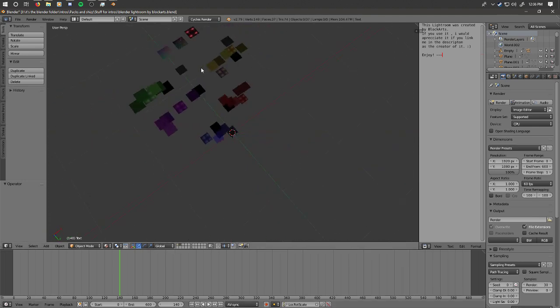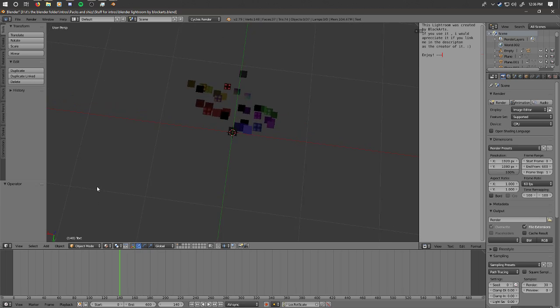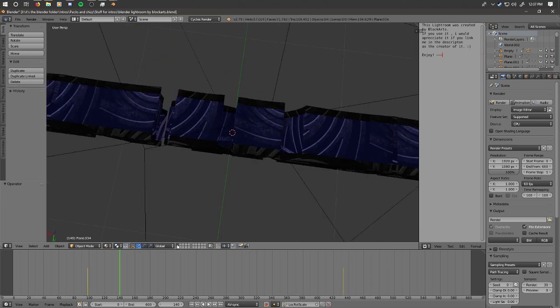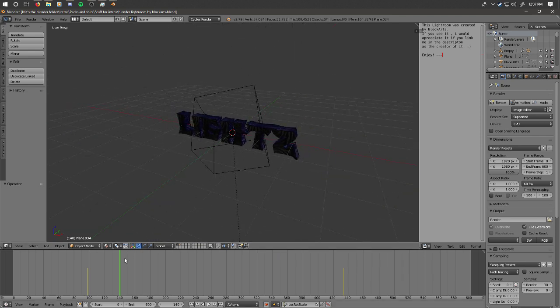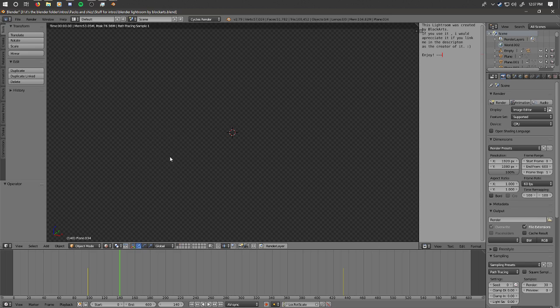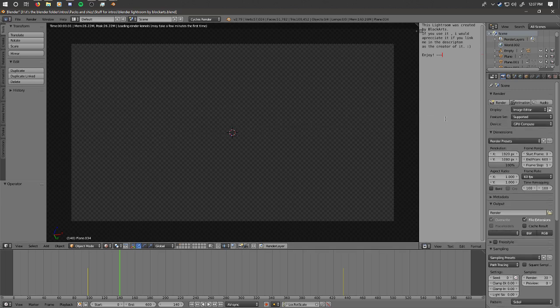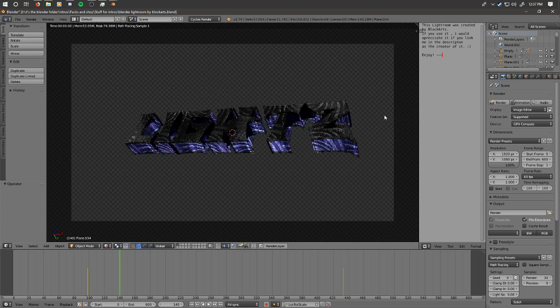Anywho, here are the materials you get with the Lightroom. See, it's really nice looking rainbow material, but now if I pop into rendered view here, just like to show off what the materials look like. Yeah, it's a bit darker of a Lightroom. It looks cool though. I like it. I actually want to put this back on the GPU compute because I can actually use it. Look at that render speed.